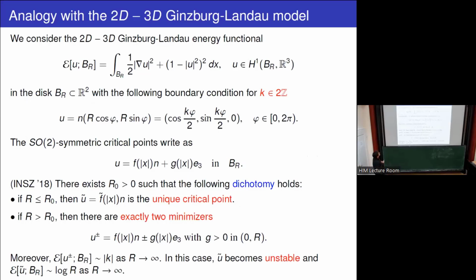So what is the story there? This is the Ginzburg-Landau energy in which you are on a 2D domain, and you take values in the... So say you put something like this. So this kind of boundary condition that we were mentioning before, and you put this K to be even so that you don't worry about line fields, and then the critical points, just out of the symmetry argument as before, you see that the critical points are two-dimensional with possibly a third, with an escape into the third direction, right? So in principle, these are functions taking values into R3, right? But they could also take values